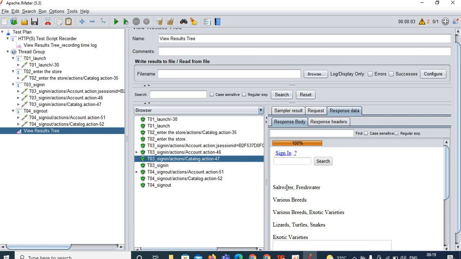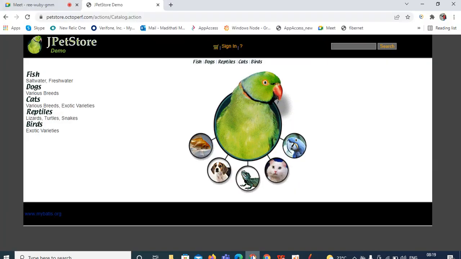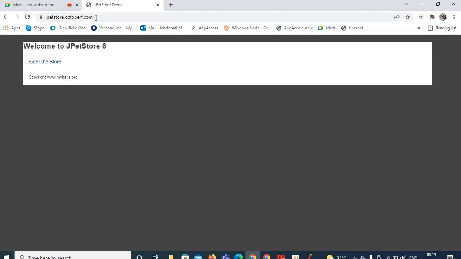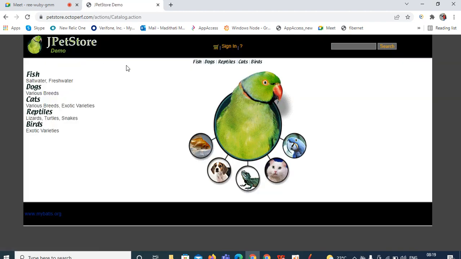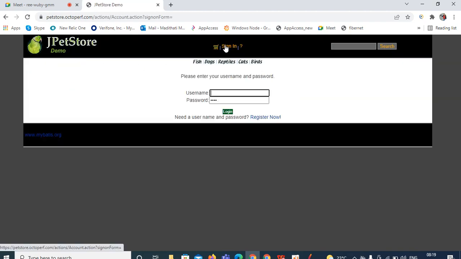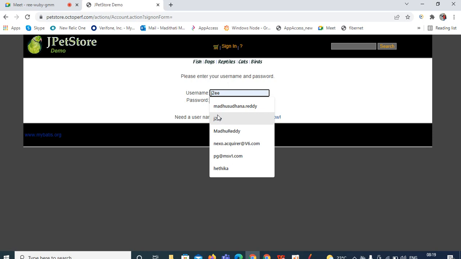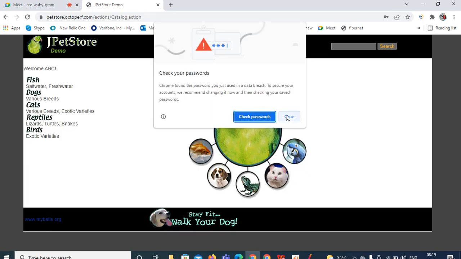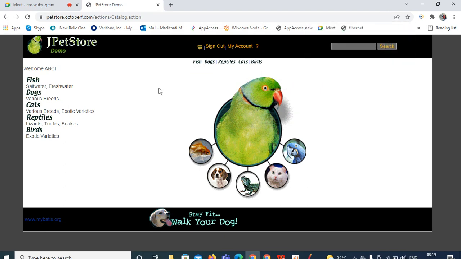you will be on the same page, but in the link you can see, instead of sign out you are able to see the sign in. Okay, so whatever you do here, the same will be recorded. So things cannot be changed. See, click on the enter the store. So I'm going to click on the sign in. Enter the username as J2EE, password J2EE, click on the login. See, whenever you have clicked on the login, you can see welcome ABC here, and also you can